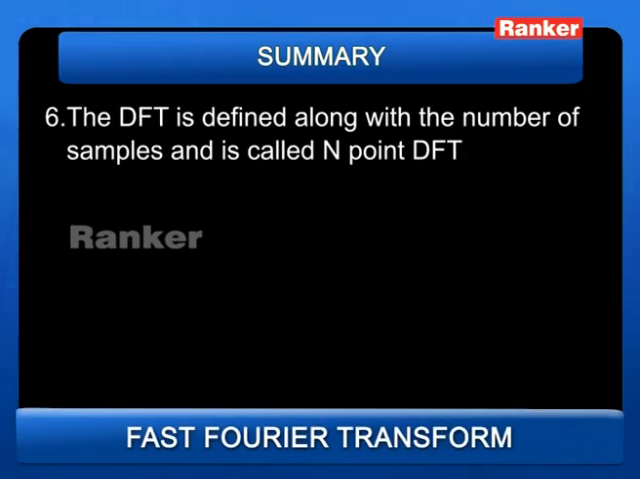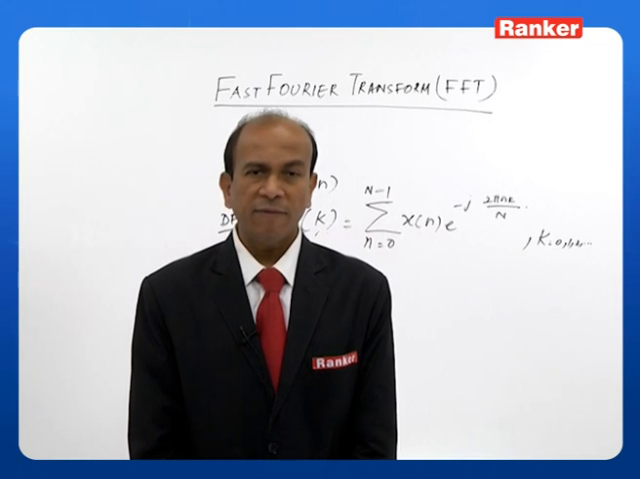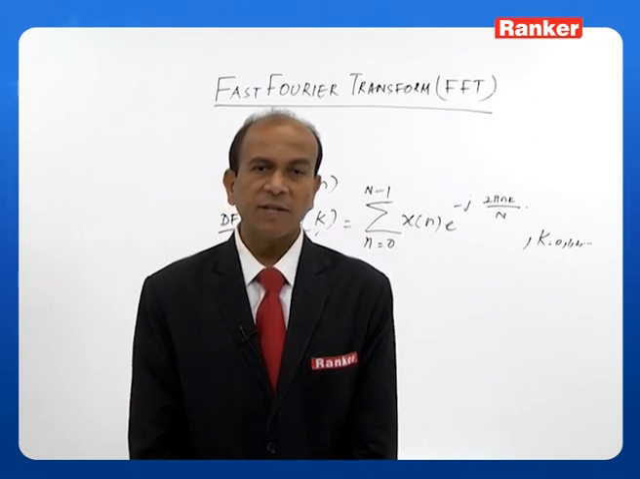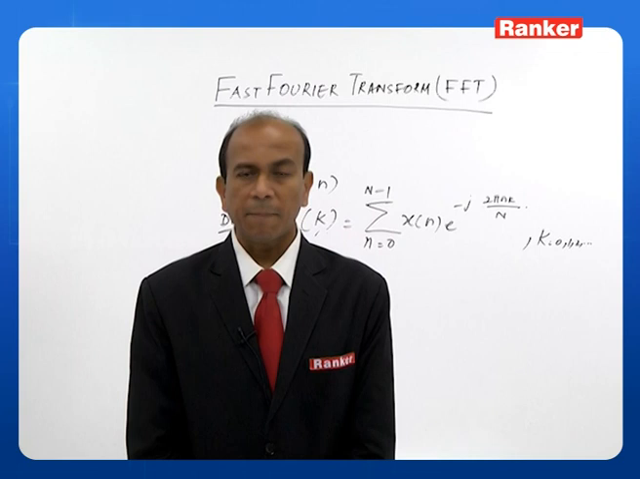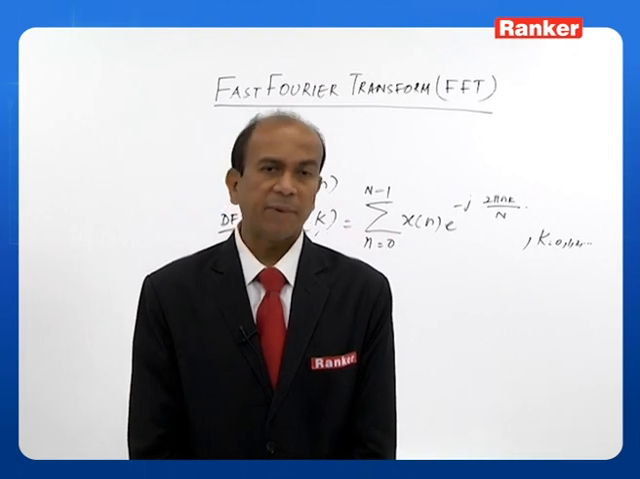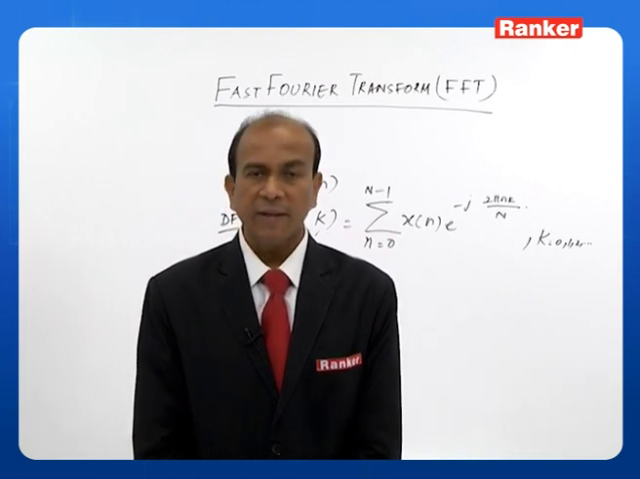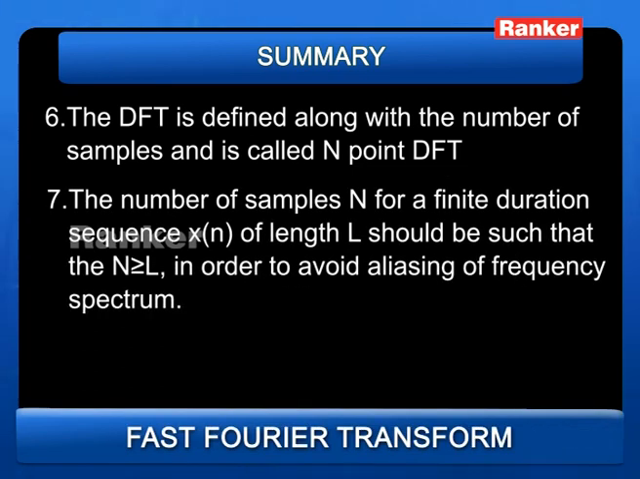Now the sixth point says the DFT is defined along with the number of samples and is called the N-point DFT. So whenever we talk about DFT, we should mention the number of samples. That number of samples we call capital N, that is, the N-point DFT. Okay. Next point, the number of samples N for a finite duration sequence x of n of length L should be